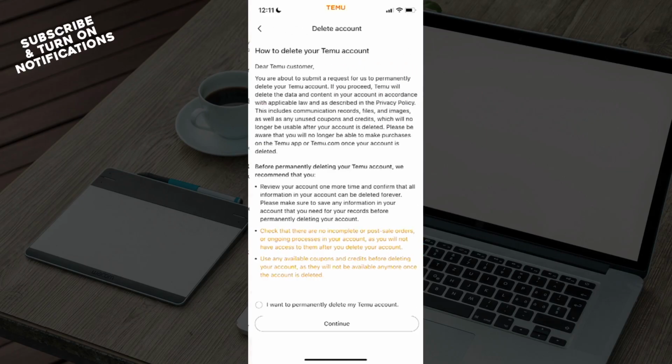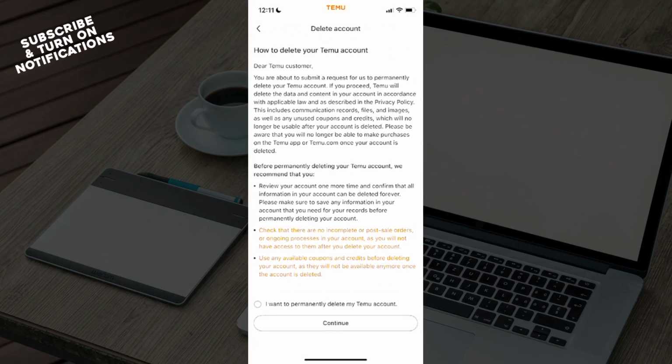So click on that. Through here, you can see how to delete your account. And you can click and switch on I want to permanently delete my account. After that, you can click continue,